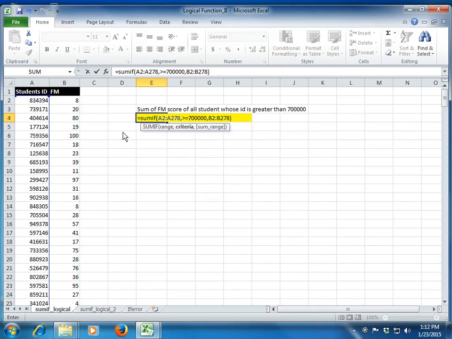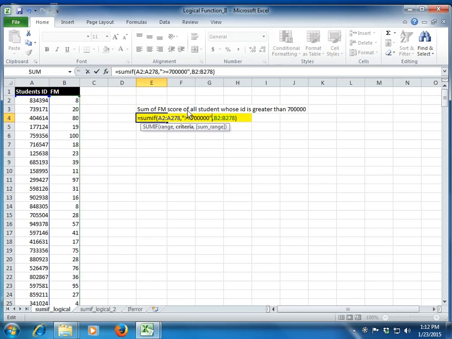So this is the simple SUMIF function, but we saw that here Excel is throwing an error because we are using a logical condition as a criteria, right? It's not that we cannot use a logical condition with a SUMIF function. There is a certain procedure we need to follow. It's not a very long process. It's a simple thing. What I have to do is put this condition in an inverted comma. That's the only thing I need to do, right?